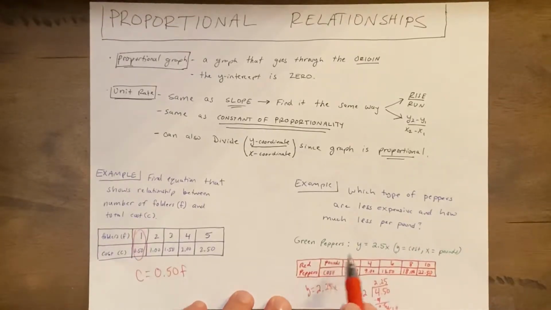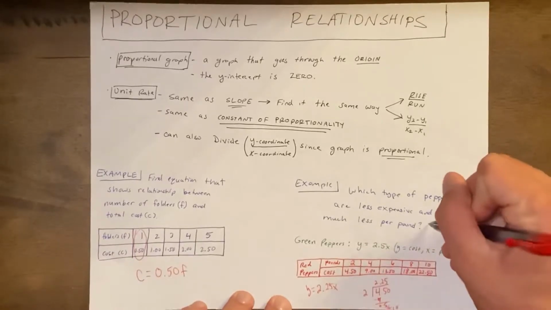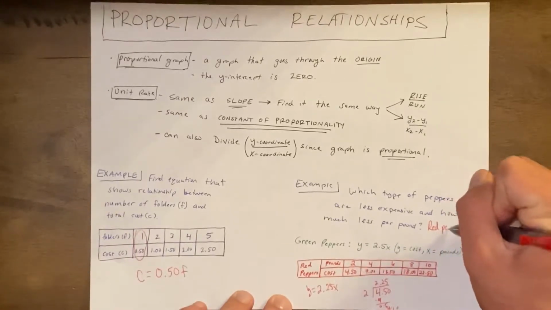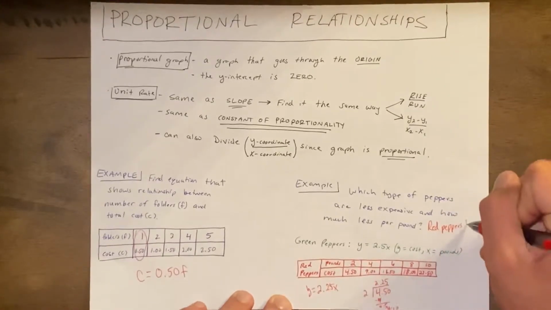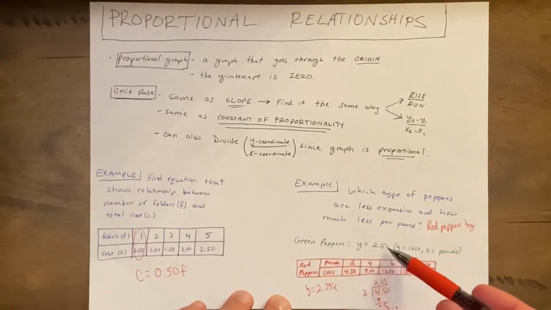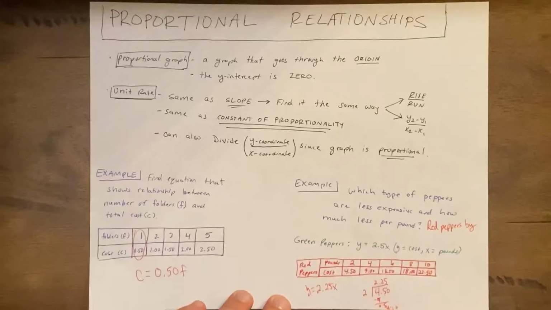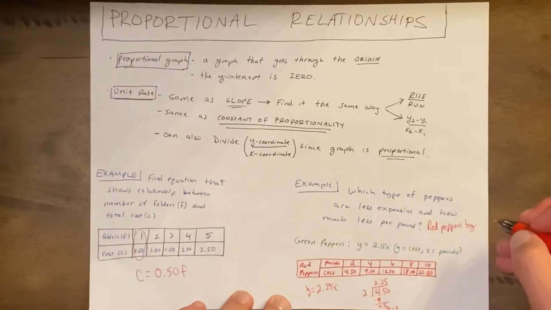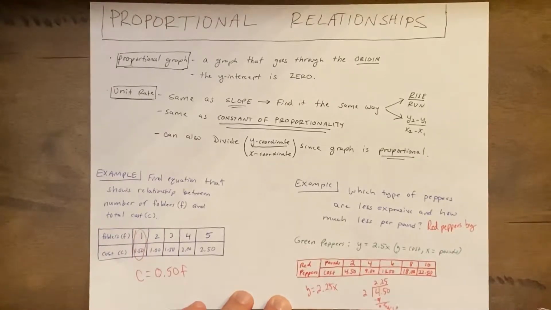Well, if you look here, green peppers, $2.50 per pound. Red peppers, $2.25. So which ones are less expensive? Red peppers by, because it says how much less per pound. Well, if green peppers are $2.50 and red peppers are $2.25, then red peppers are less expensive by,